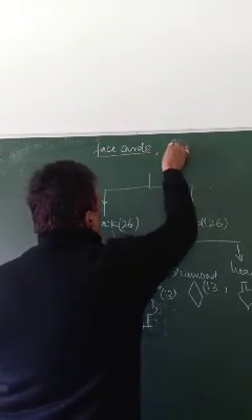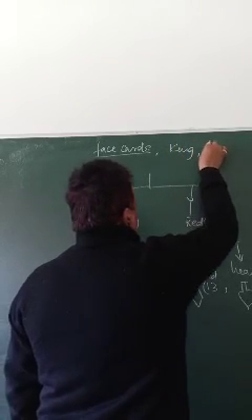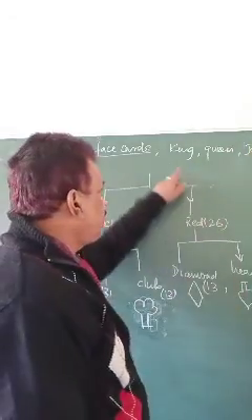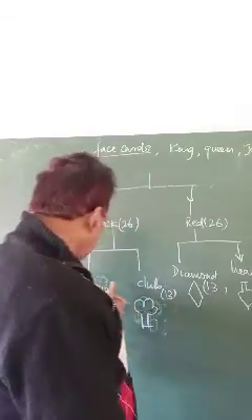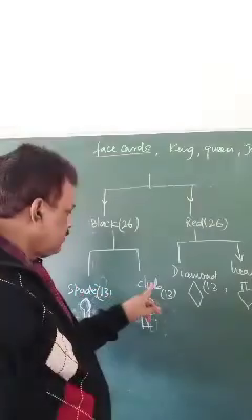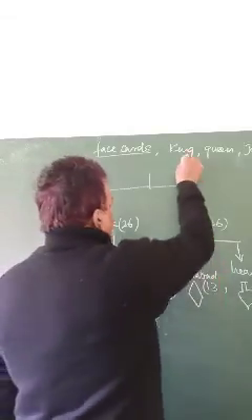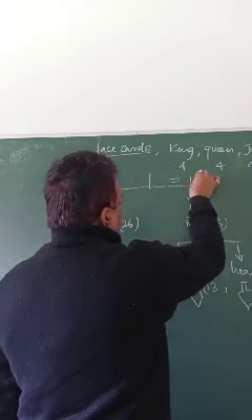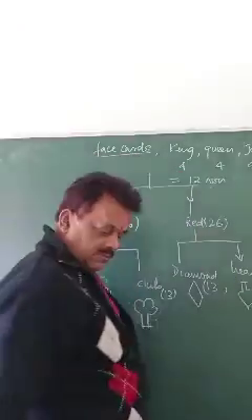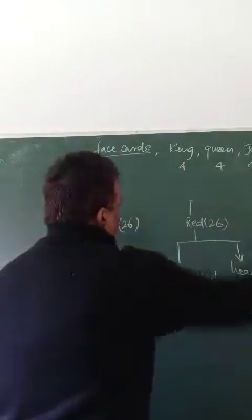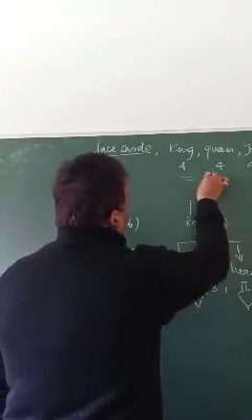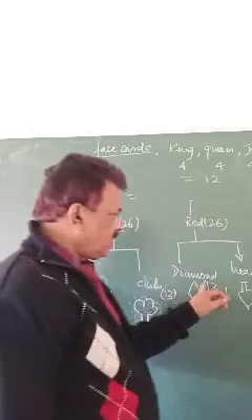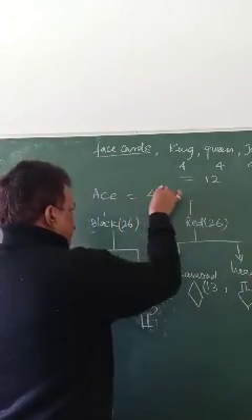Face means you find king, queen, jack. King face you will find, queen you will find, jack you will find. Each one will have one of each suit: 1, 2, 3, 4. That means 4. Queen also 4, jack also 4. So face cards are 12. 12 numbers. Aces means one each, 1 ace, 1 ace, 1 ace, 1 ace. 4 aces.